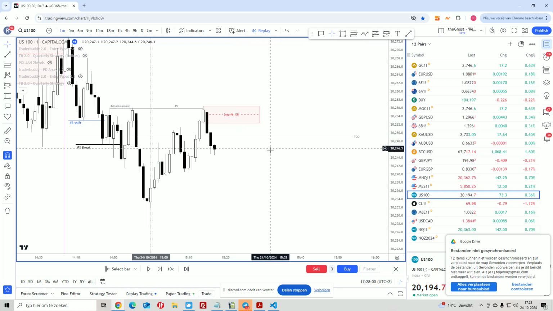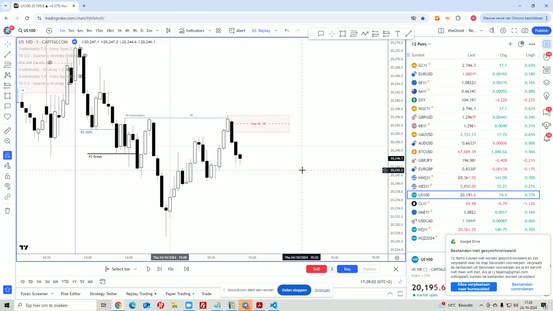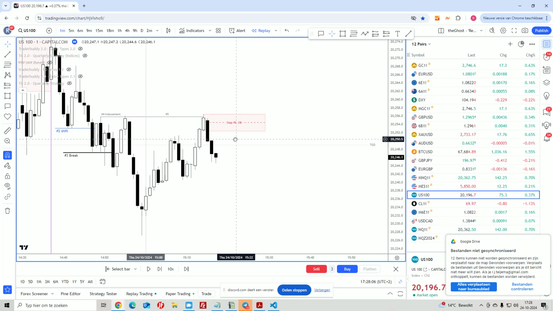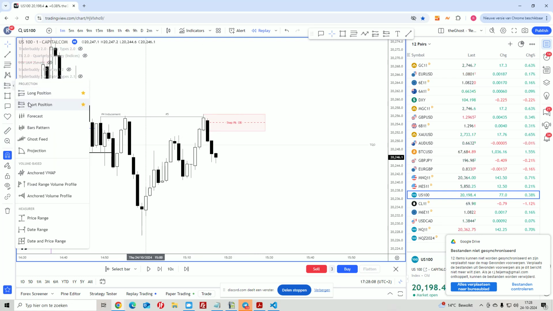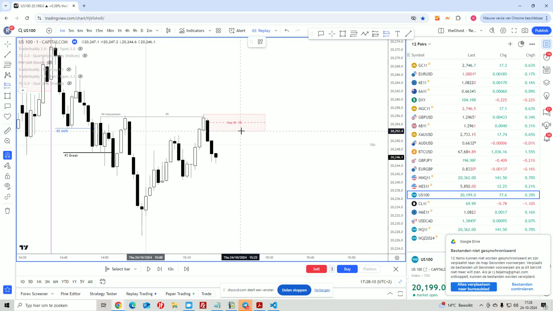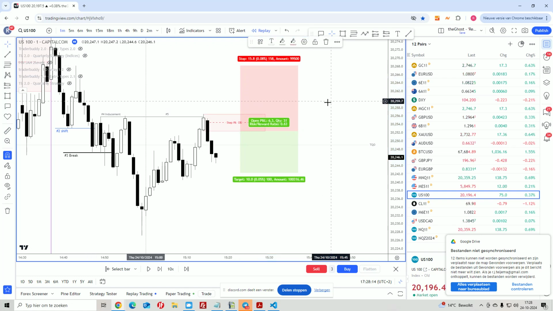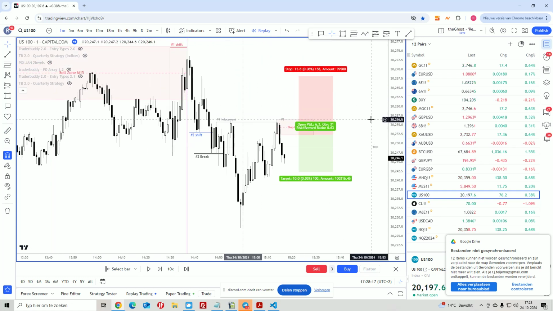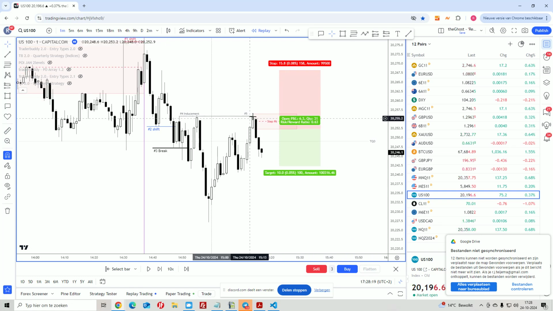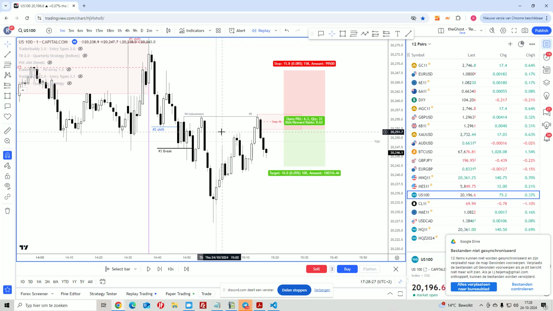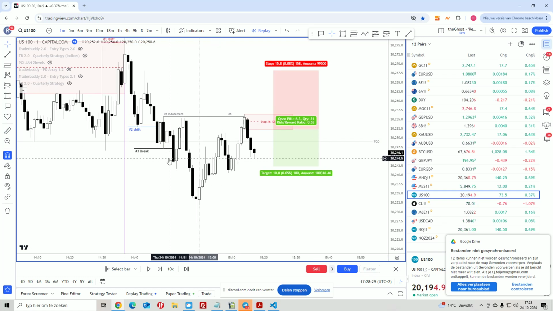That's the OB. And now step 7 is if we trade back to the order block here, that's our entry, being step 7. And then put your stop loss somewhere over here. And when I saw this happening, no, actually I believe when I already saw this one happening, because we broke here,